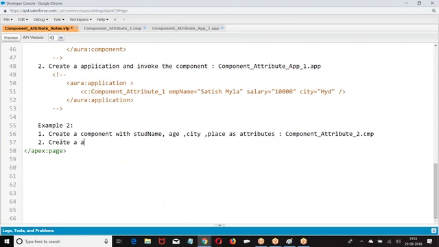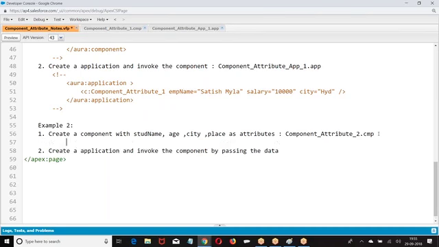Create an application. Invoke the component by passing the data.